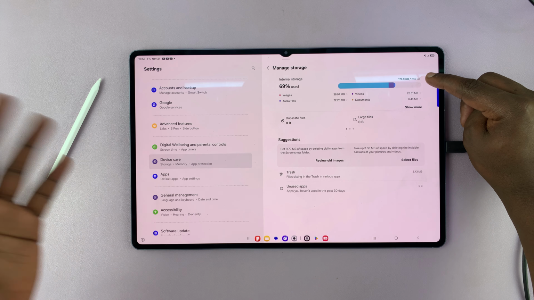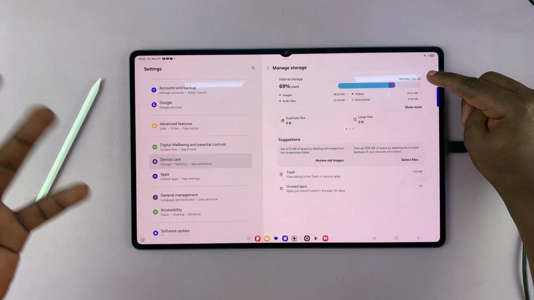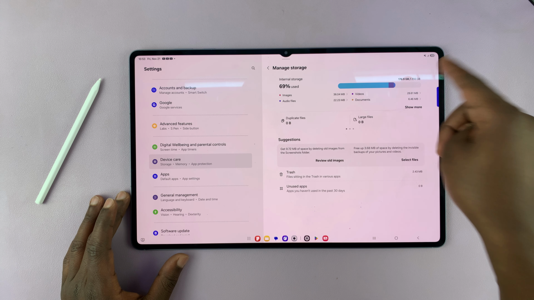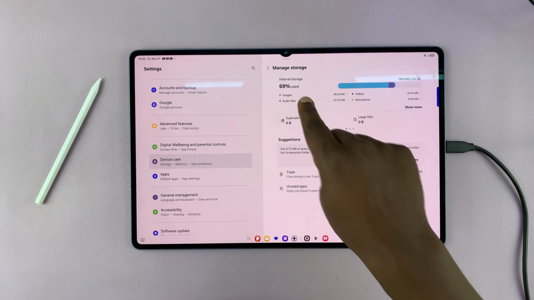Now some will have 256 gigs, some will have 512. There could be others with a terabyte of internal storage. So just check that, and what you've used, you subtract that from the maximum capacity, and then you get how much you have available. So if you swipe, you will see also the storage situation of your micro SD card